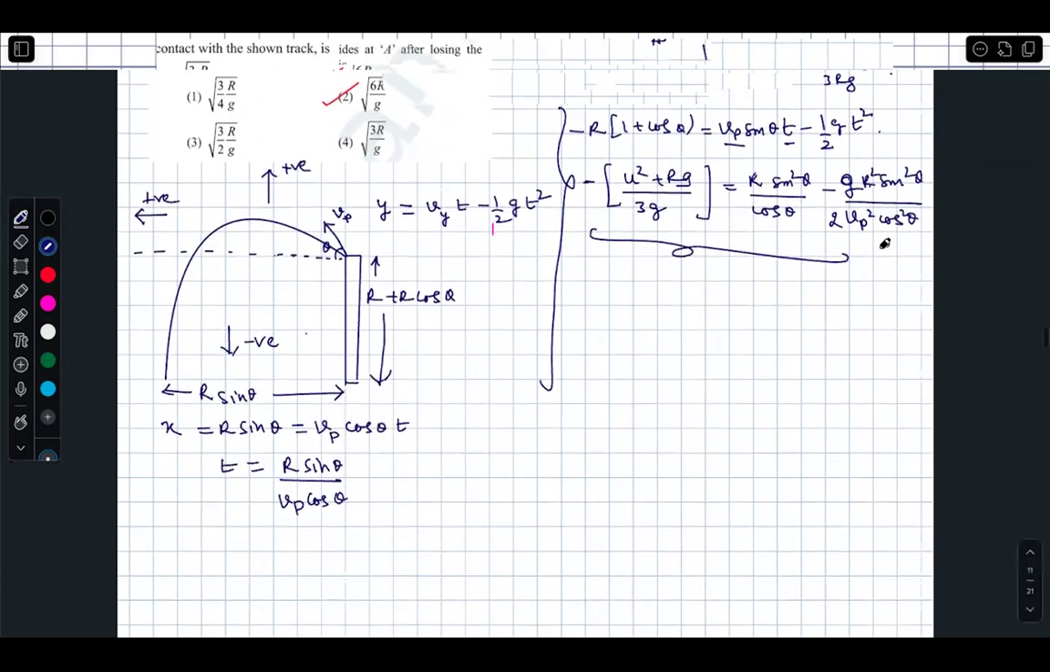Another way, if you remember the formula for a body projected vertically up: the time taken by it to reach the ground, we have one expression. If it is a vertically projected body, the time of flight in that case is V_P square sin square... V_P sin theta plus under root